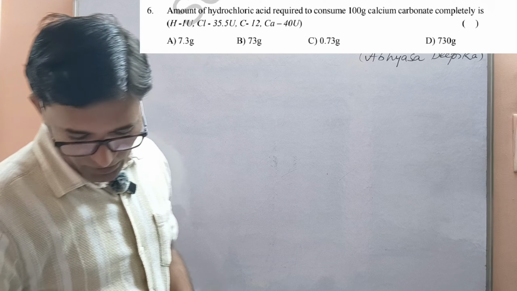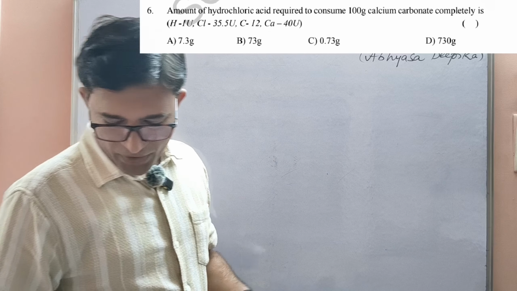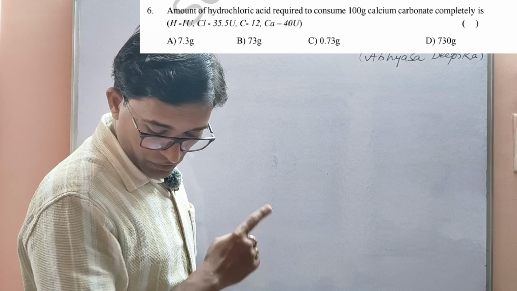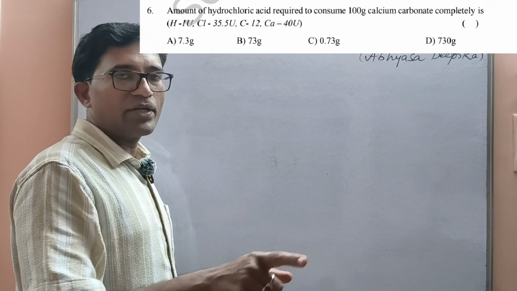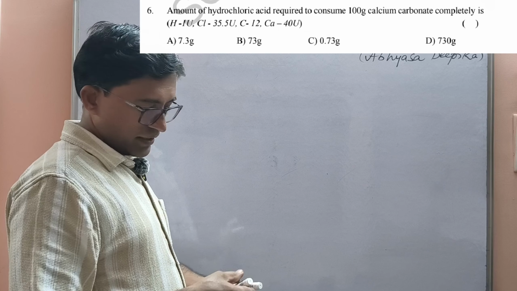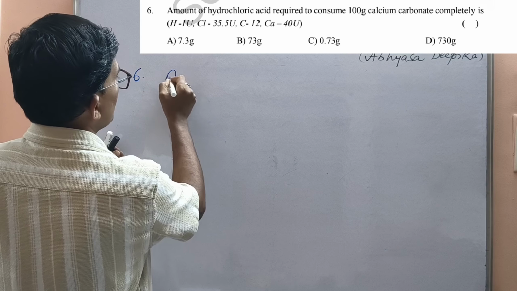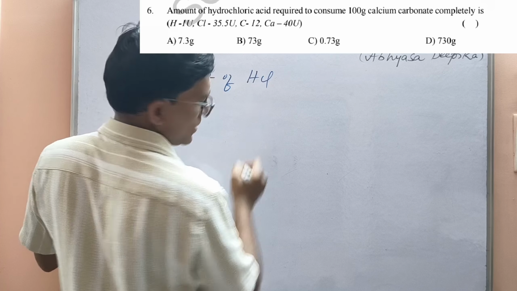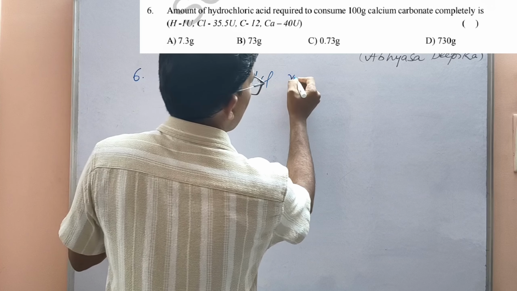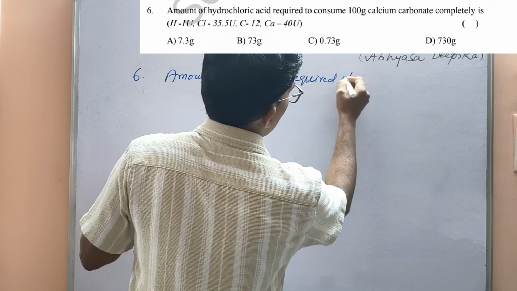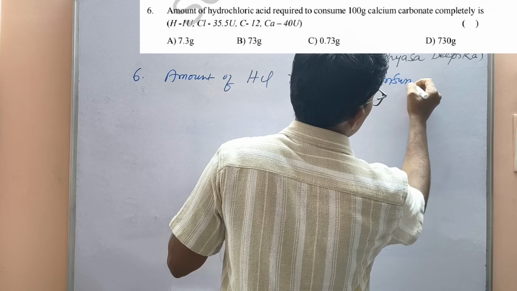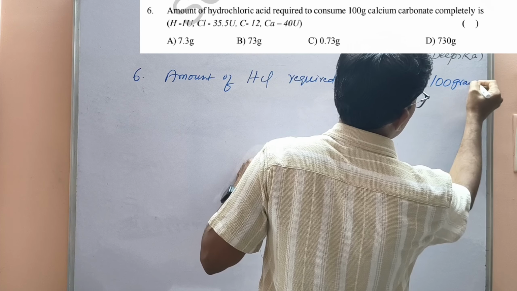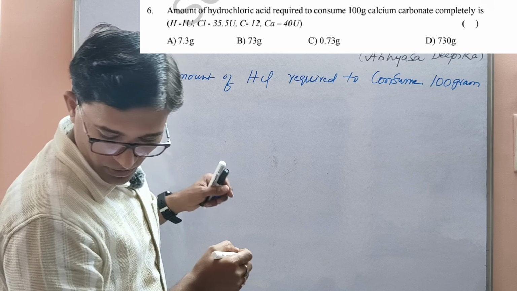Sixth bit part. Amount of hydrochloric acid required to consume 100 grams of calcium carbonate completely. I will have to write the question. I won't be writing the options, I just write the question. The question is displayed on the screen and you check with the options there. The question I have to write here: amount of hydrochloric acid, or simply HCl, required to consume 100 gram of calcium